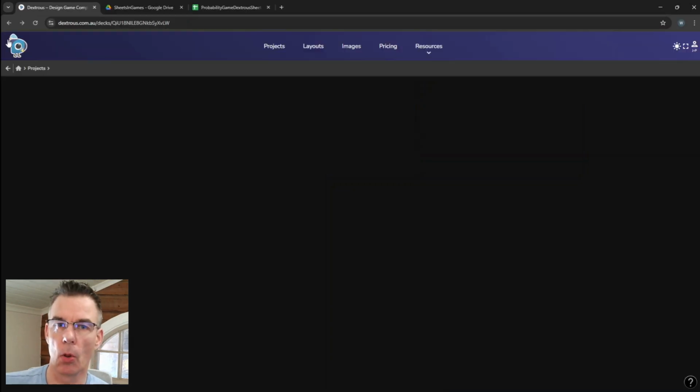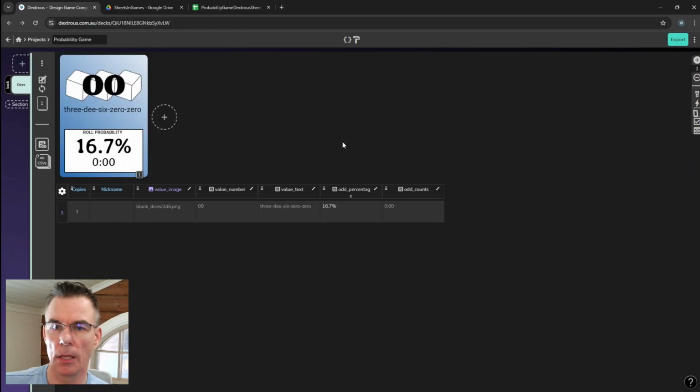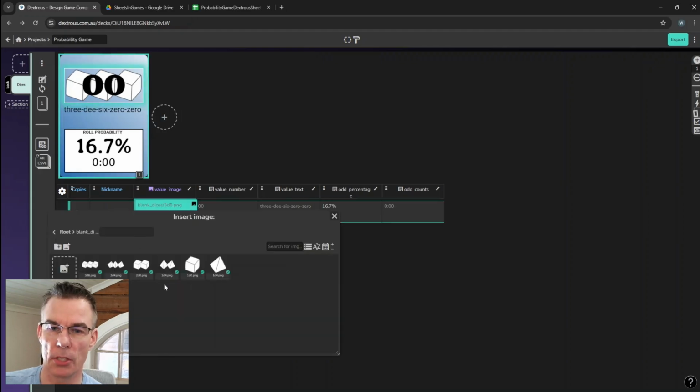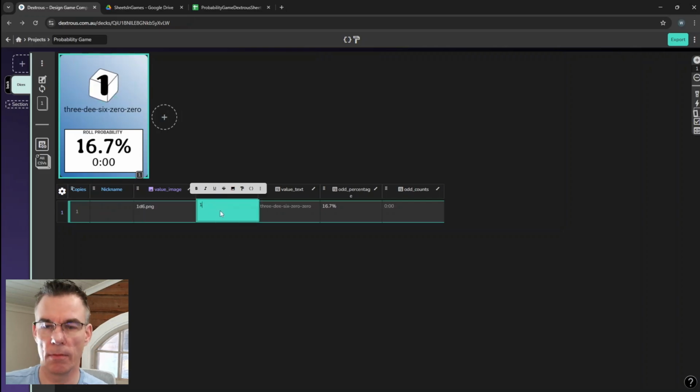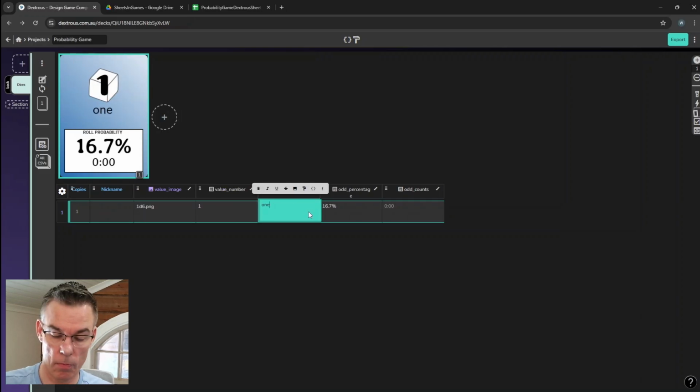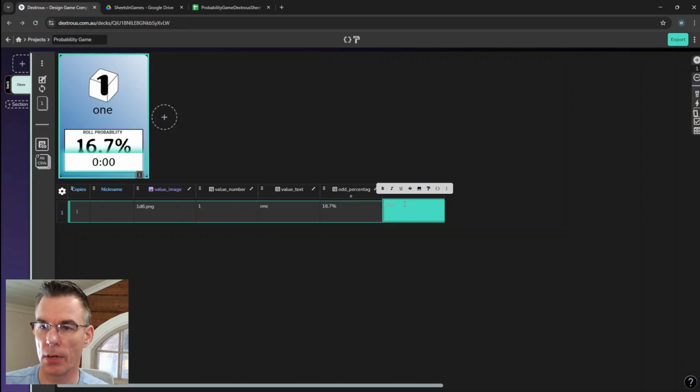Now let's look at the cards. Currently I have only one template card here, and I'm planning to make lots of cards. It looks like a table, like a sheet, and I can already edit these values here. Let's see, I want to change the image. Let's say it's 1d6, value is 1, so 1. Probability is already correct, so it's a 1 out of 6 probability. So this would be the idea.